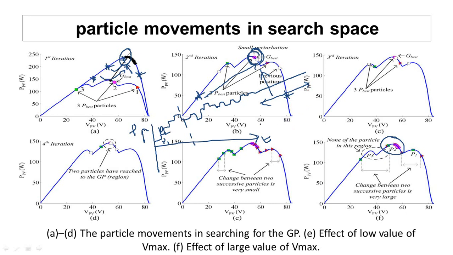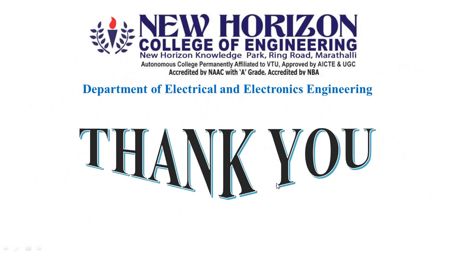So this is the answer for the last class. In the next class, till now we have discussed all the algorithms, I will try to explain how DC-DC converters work, the buck converter and boost converter. First I will give you an overview of the buck-boost converter, buck converter and boost converter. And in the upcoming classes we will discuss something really interesting about how the buck and boost converters will work for your PV maximum power point tracking, how the input voltage changes, how the output voltage changes, all the changes we are going to explain in the next classes.